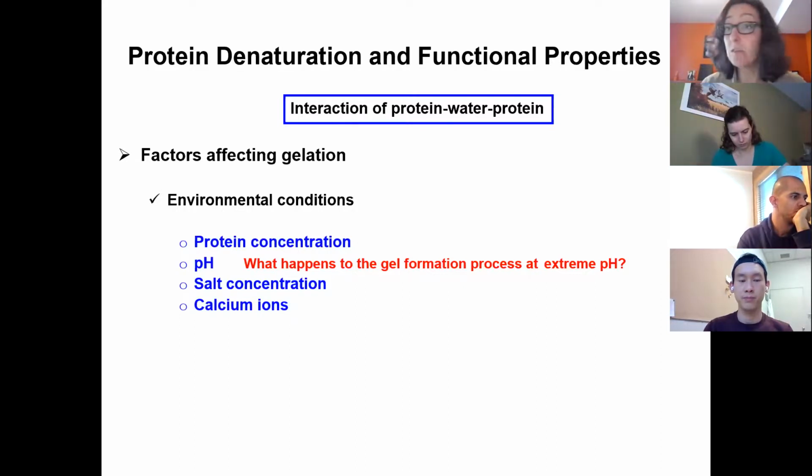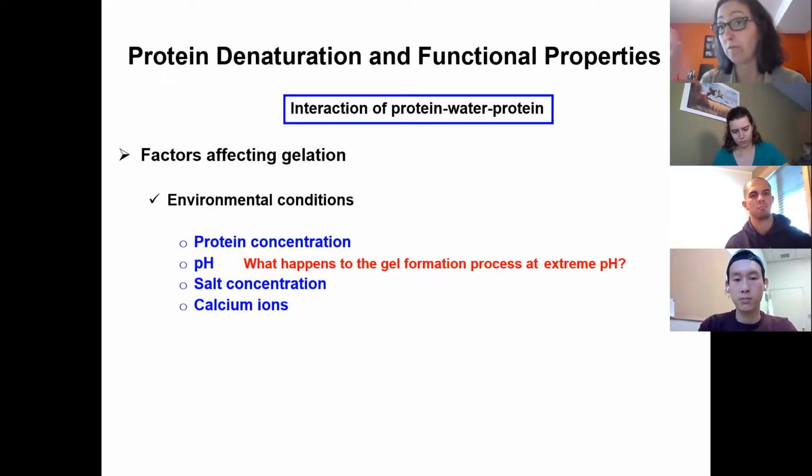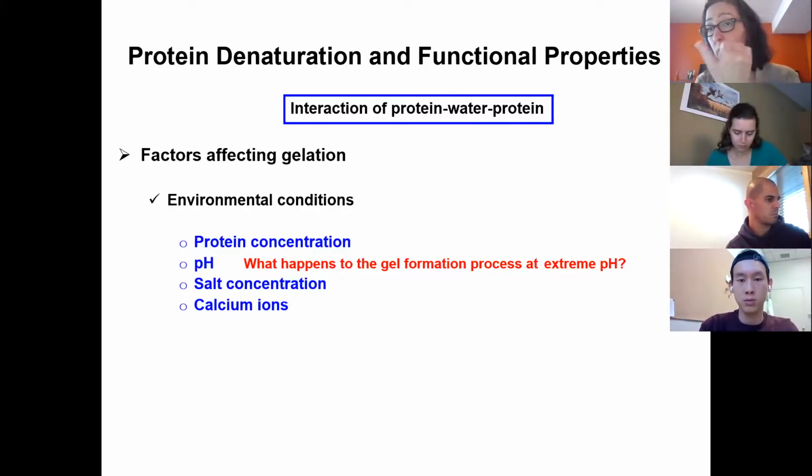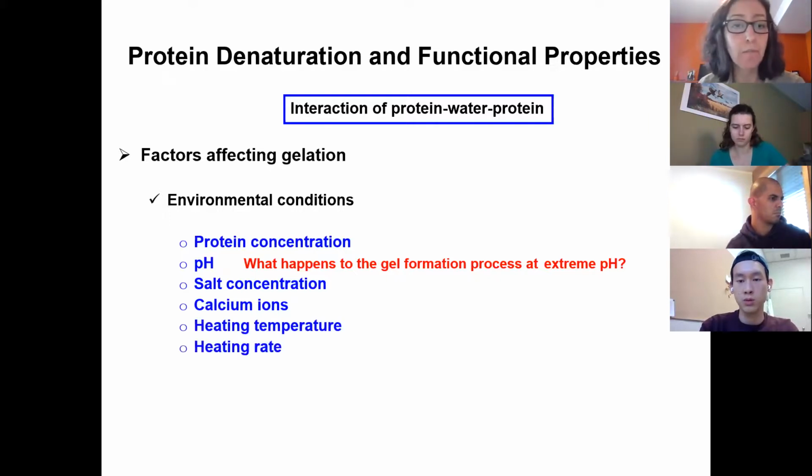Okay, calcium ion. If you think about cheese, sometimes they add calcium to milk to enhance the yield, because calcium helps form the calcium phosphate bridges between the casein. Also in tofu making, they add calcium because that enhances the gel from soy, which is the tofu gel that is formed. Because calcium is divalent, it can bind to one negative charge on one protein and another negative charge on another protein, forming that ionic bridge. So it is also added to enhance gelation.